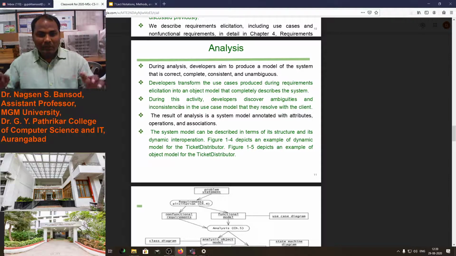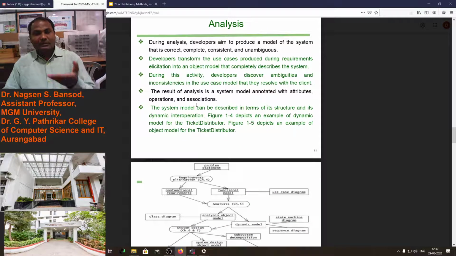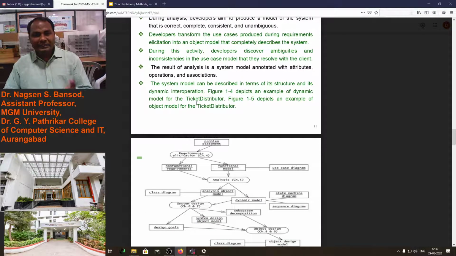During this activity, developers uncover ambiguities and inconsistencies in the use case model that they resolve with the client.